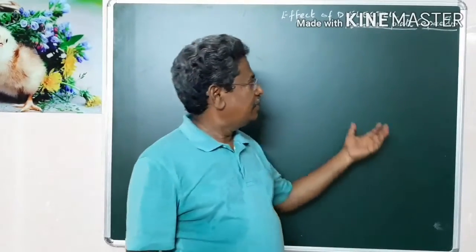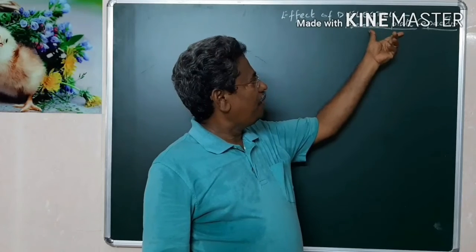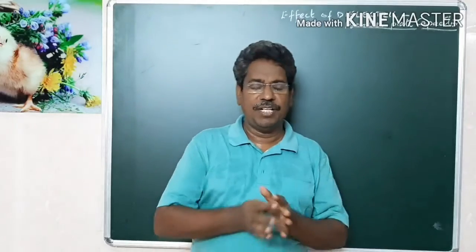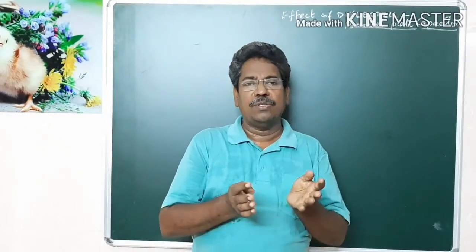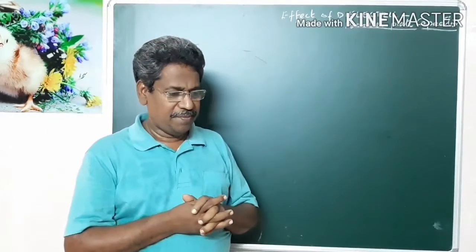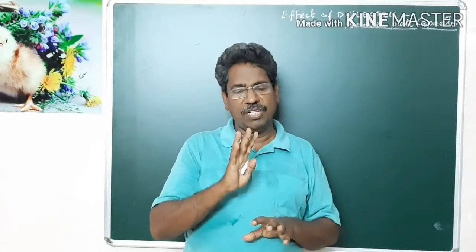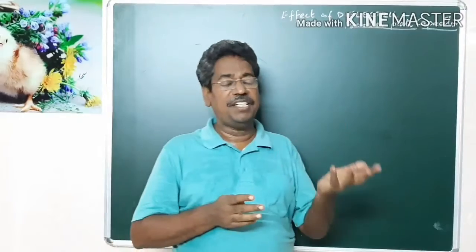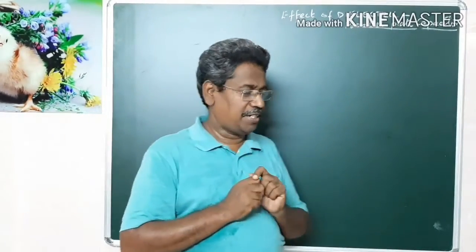Today let us derive an expression for the effect of dielectric on a parallel plate capacitor. So last class we studied about dielectric. Dielectric is an insulating material. The purpose of using the dielectric is that it will not allow the charges to pass through, or it will prevent the passage of charge. The ability to retain the charge can be increased by the introduction of dielectric. That is the mere purpose of dielectric.